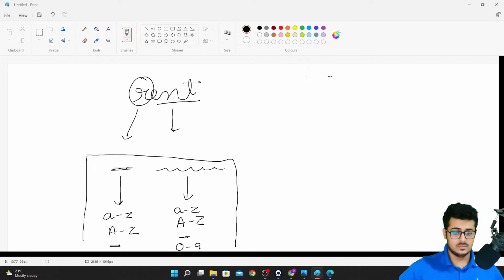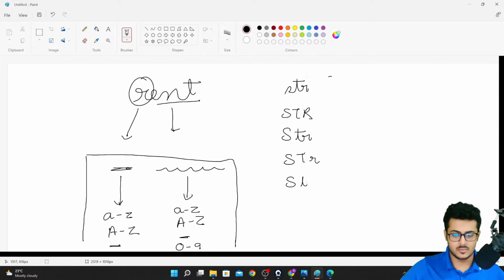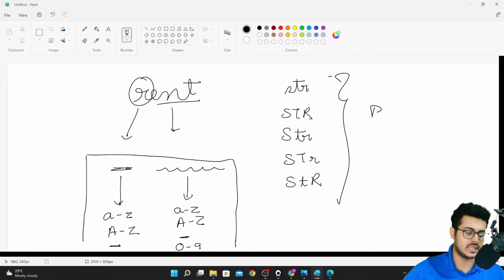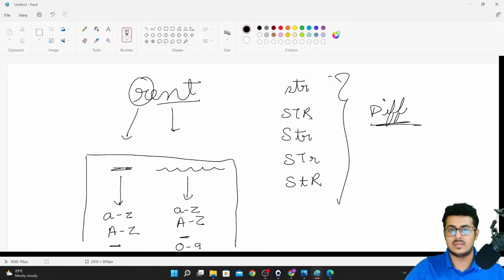Small str, capital STR, capital S small t small r, capital S capital T small r, capital S small t capital R, all these will be considered as different variable names, because Python is a case sensitive language. So please try to remember this.